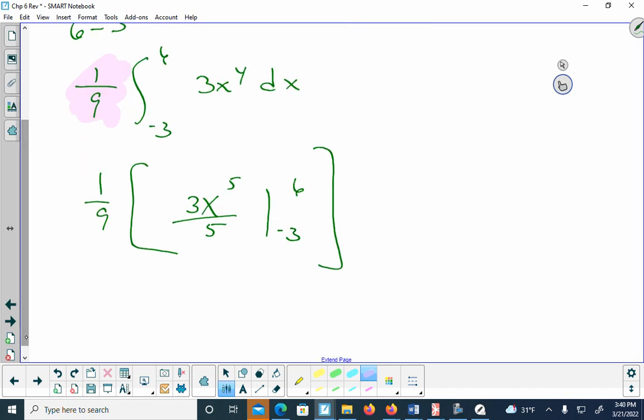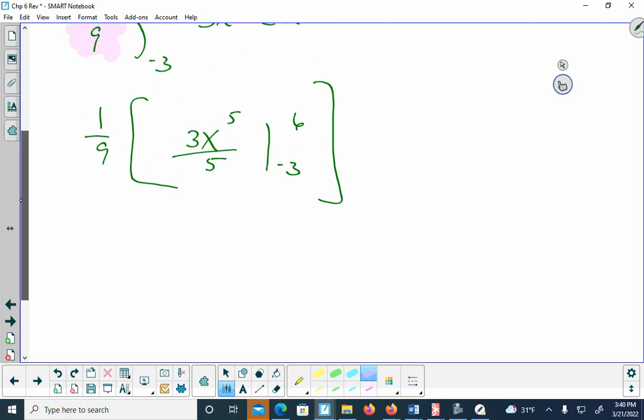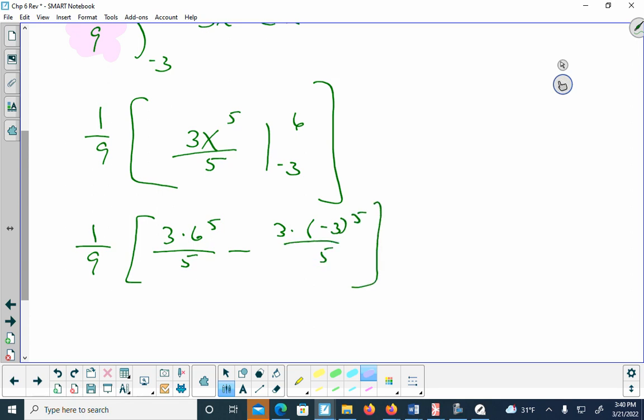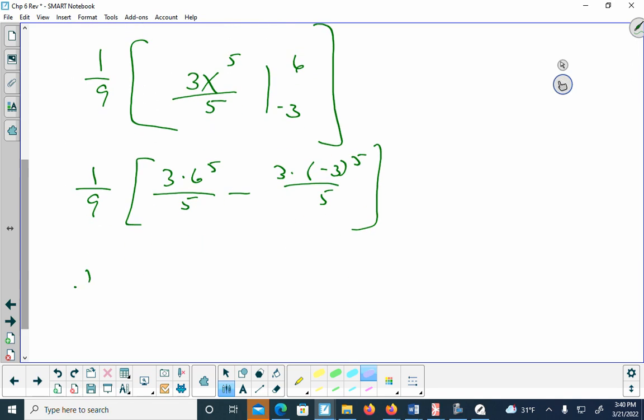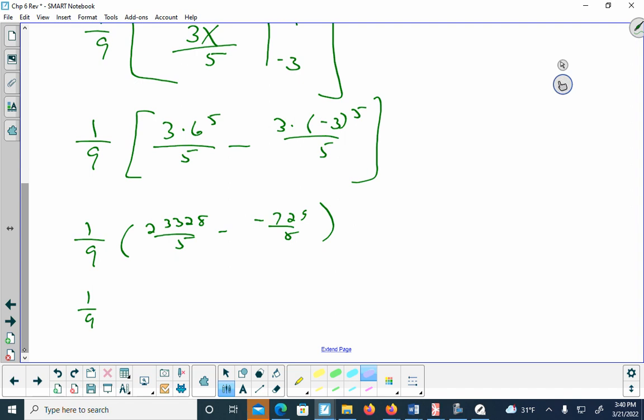So when I do this, I'm going to substitute in 6 first. So, 3 times 6 to the fifth over 5 minus 3 times negative 3 to the fifth over 5. So that ends up being very big numbers. So this I have 2, 3, 8 over 5 minus negative 729 over 5. And then I just said 1/9, and I keep it this way,